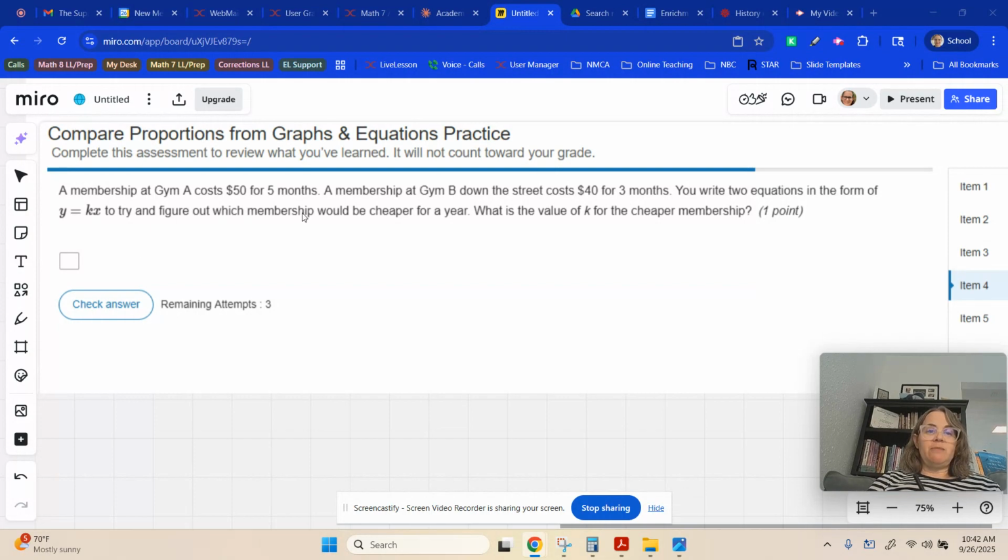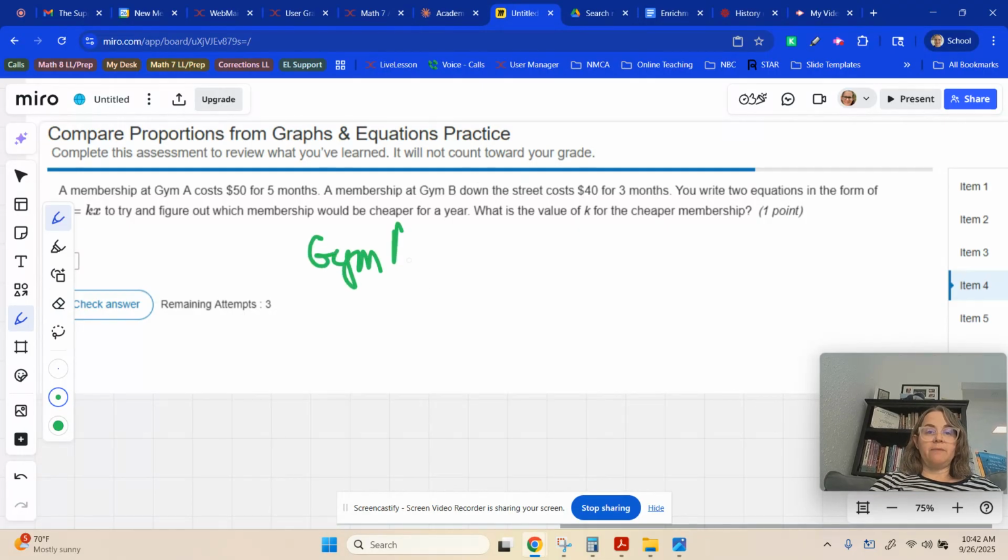A membership at Gym A costs $50 for 5 months. A membership at Gym B down the street costs $40 for 3 months. You write two equations of the form y equals kx to try to figure out which membership would be cheaper for a year. Okay, so let's think about